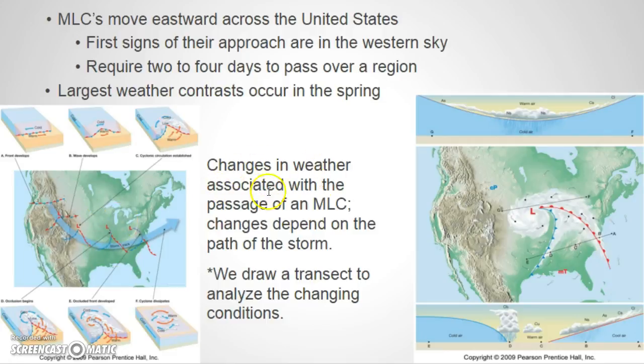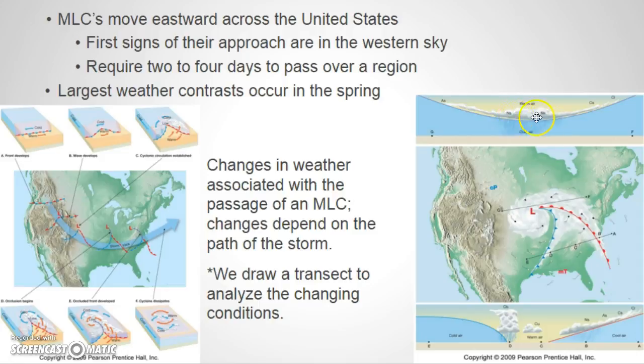So the changes in weather associated with the passage of a mid-latitude cyclone depend on the path of the storm. And we can draw a transect to analyze the changing conditions. And that's why the transect is important. The transect allows us to slow it down and say, okay, if we're at this location, what's going to happen as this condition travels through us, or as the